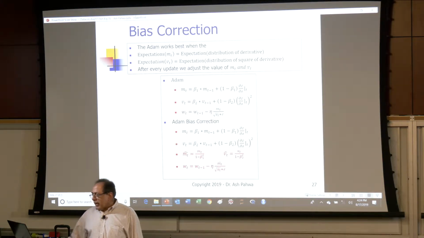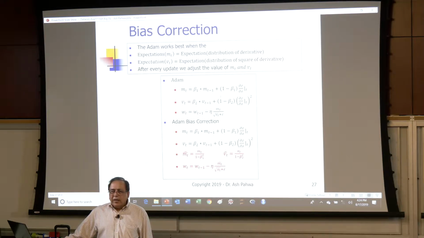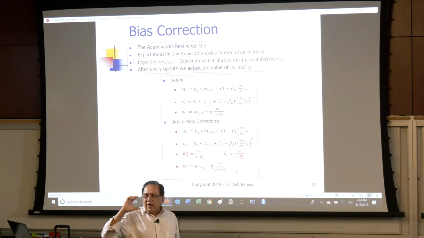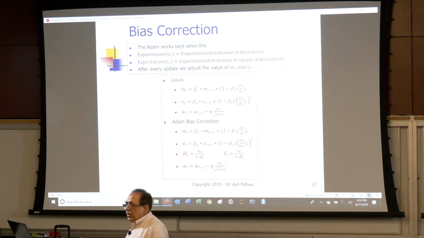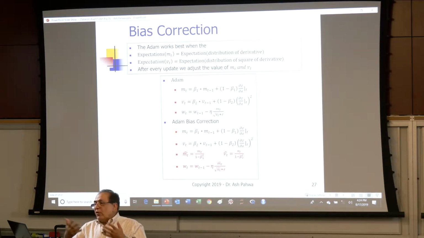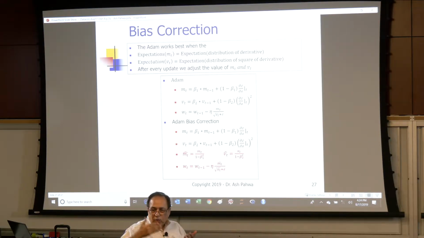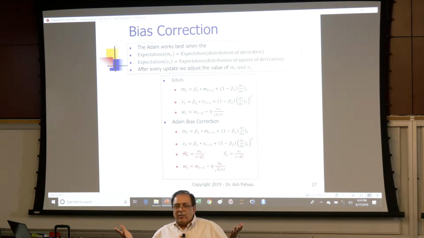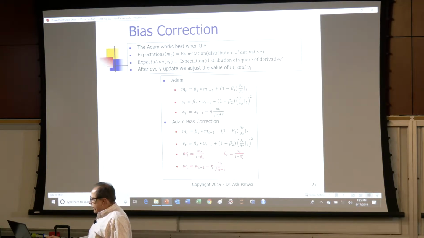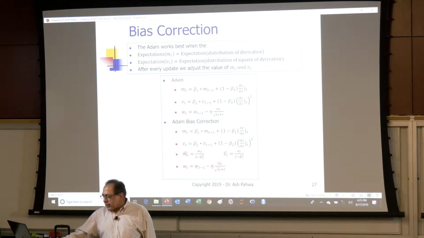Now, this is basically what the Adam algorithm is, and if you look into the final R code, or any code which could be implemented either in R or in Python, there is not a whole lot of change. In fact, if you look at the original gradient descent and compare it with Adam, you see there are only 2-3 lines that have changed, but that is what makes the difference. So, this is basically what the algorithm is, and then they also have to do a bias correction,